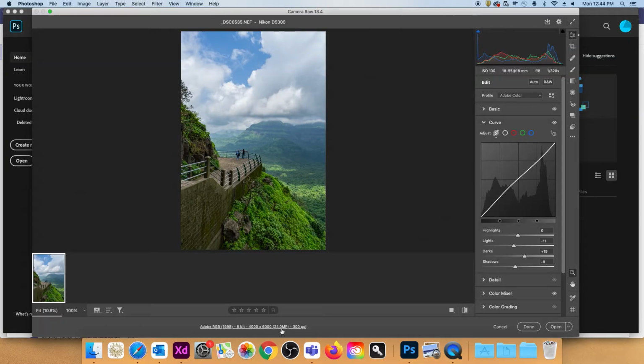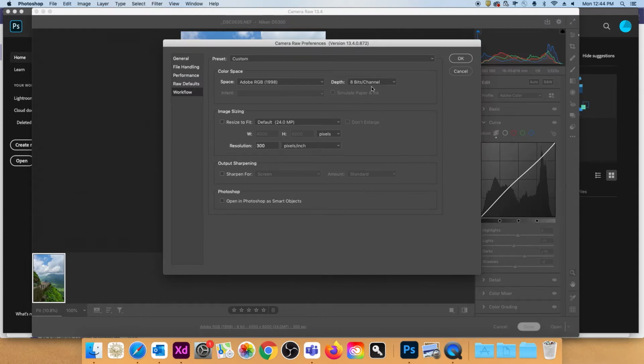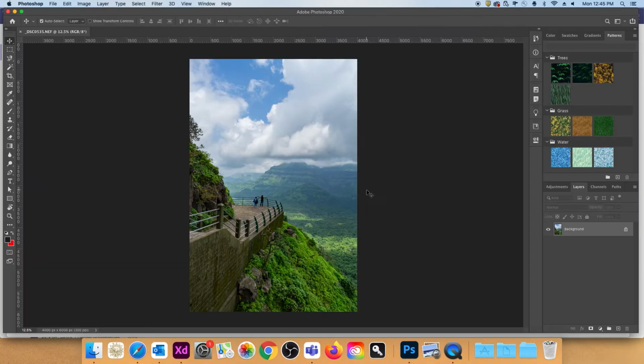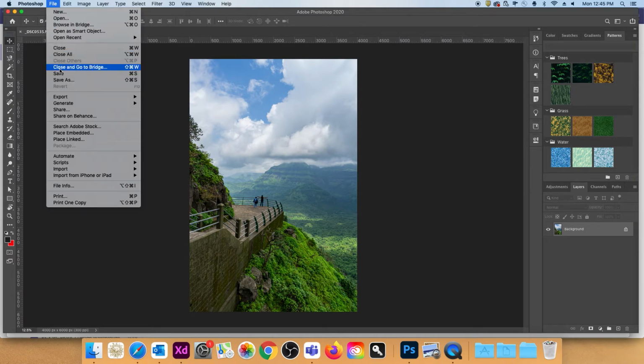I will select a few images, edit the RAW files like I normally do. I will not get into the editing in detail, but here make sure you have the highest resolution, that's 6000 by 4000 for my camera, at 300 pixels per inch. Open and save as high resolution JPEGs.